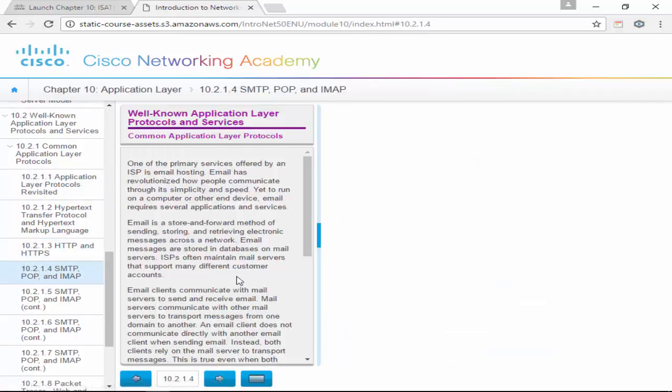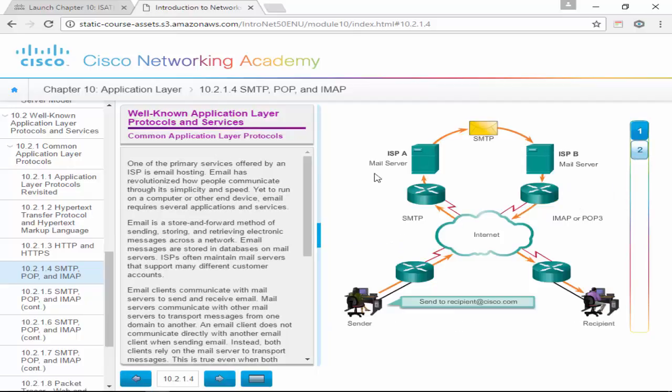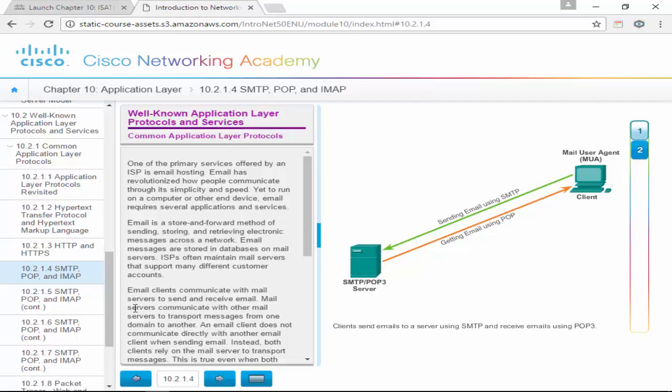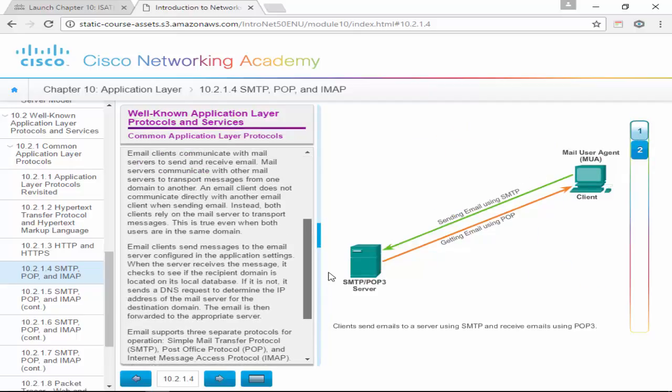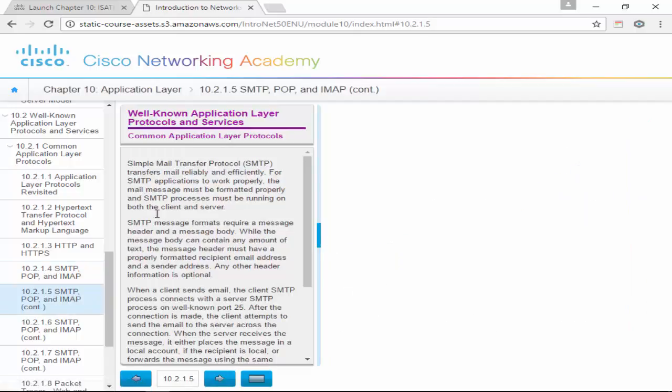Alright, so then we go to SMTP. SMTP is what is going to send emails, right? And then we're going to retrieve it using POP or IMAP with our client. SMTP sends it to different mail servers. It's the sending. Then POP